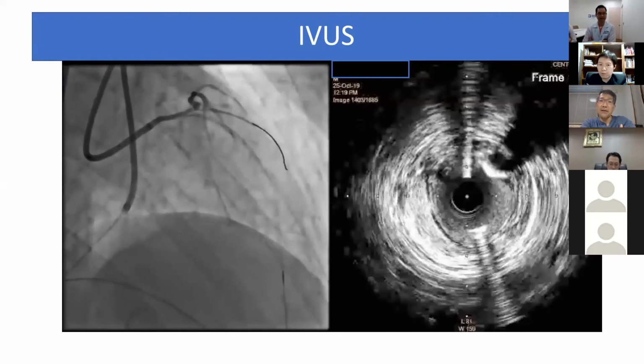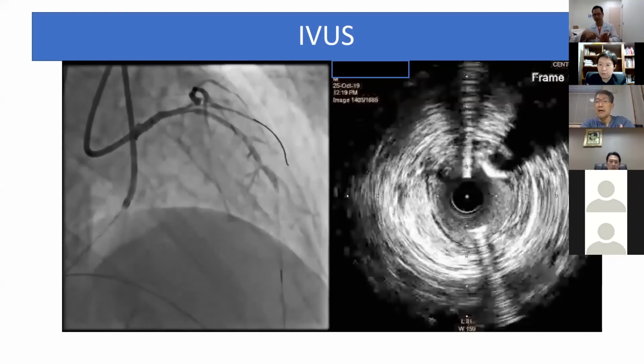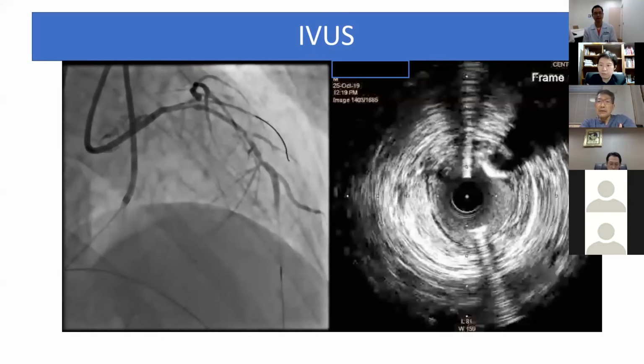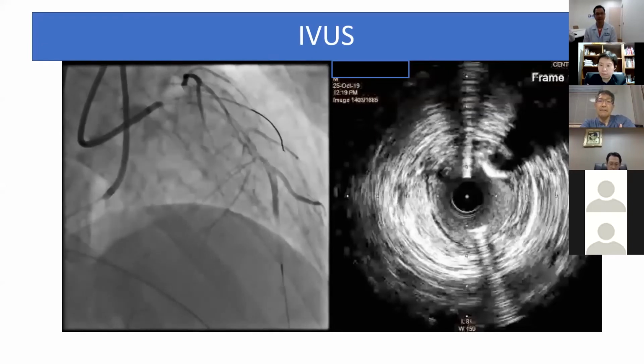And after putting the stent, the circumflex is often occluded. So in this case, if I were the operator,